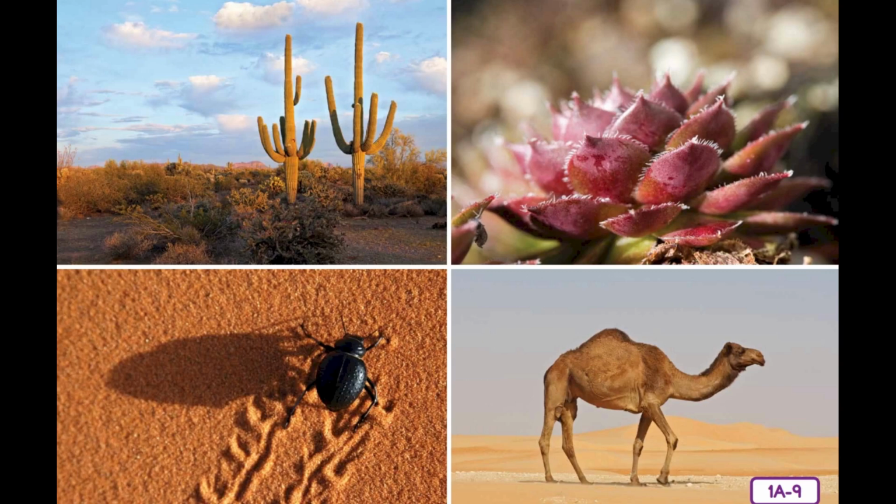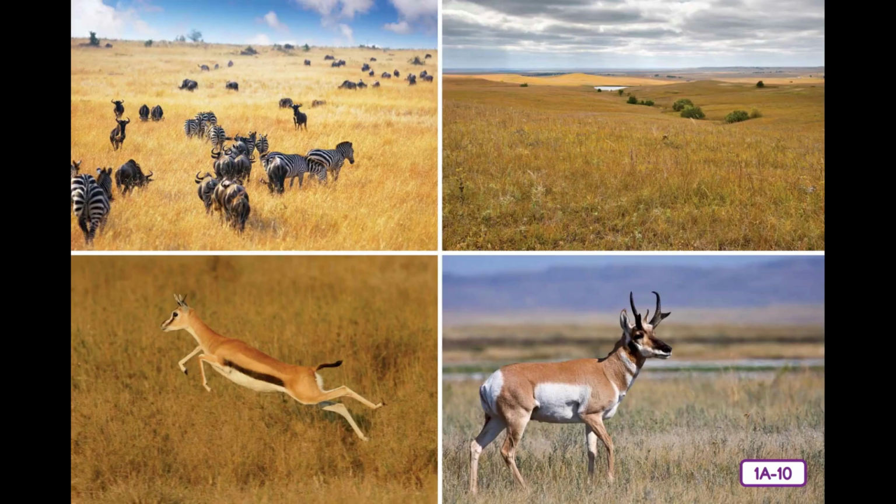Let's continue. Some desert plants have long root systems, enabling them to suck up water at a distance, and most desert plants are spaced wide apart, avoiding competition for water. Some desert insects, such as certain types of beetles, have waxy bodies that help them reduce water loss. Other animals, like the famous camels, are able to survive for long periods of time without drinking water because they store water in their bodies and have adapted to be able to tolerate high body temperatures.